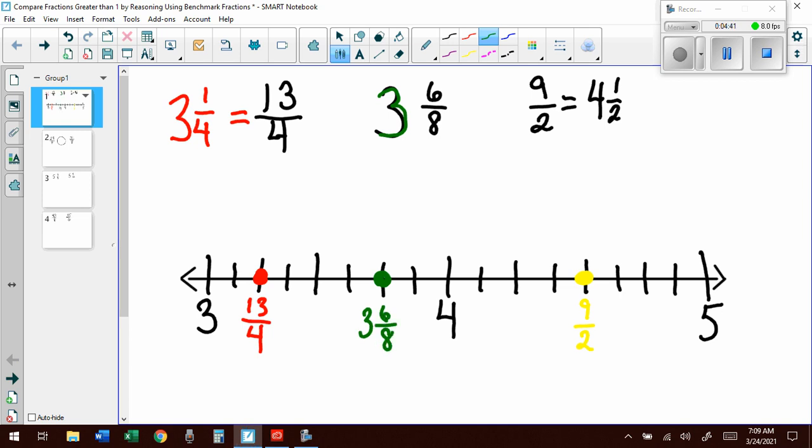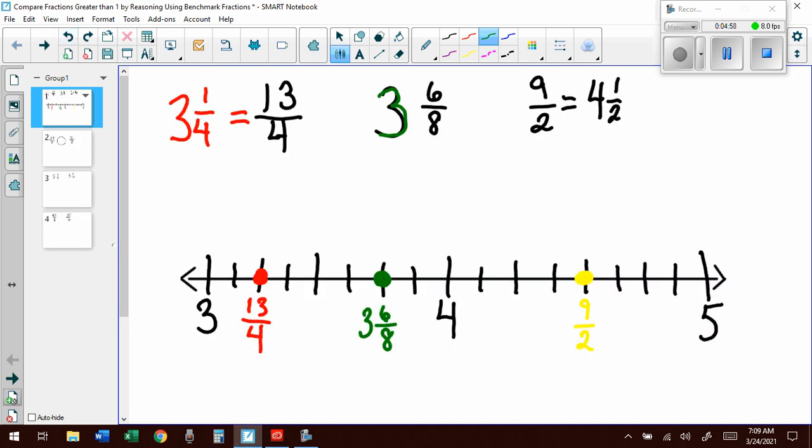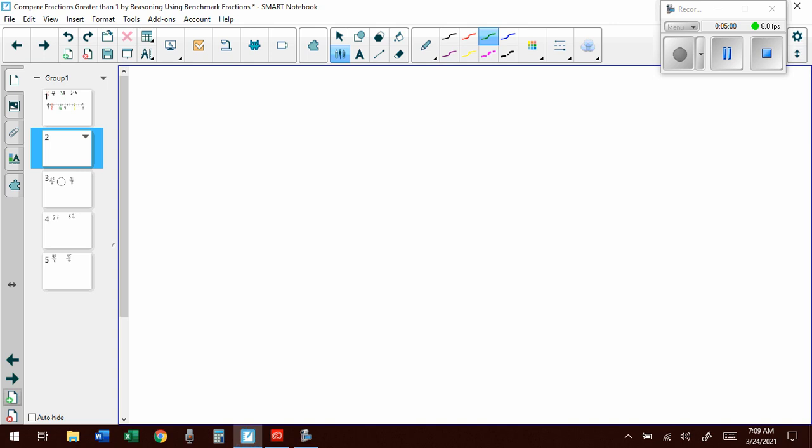All right. Now we can see that 9/2 is the greatest, followed by 3 6/8, followed by 13/4. So how we would respond is